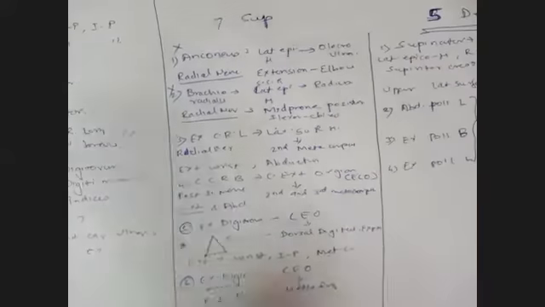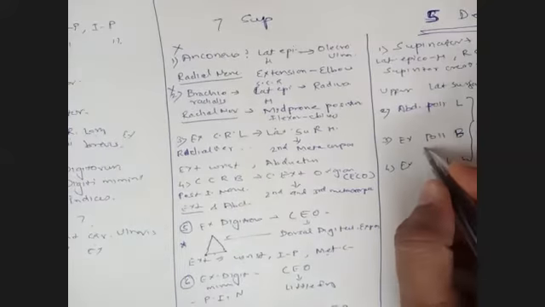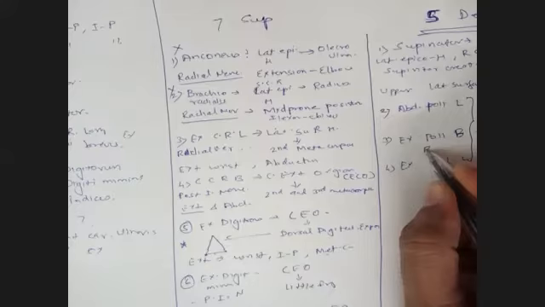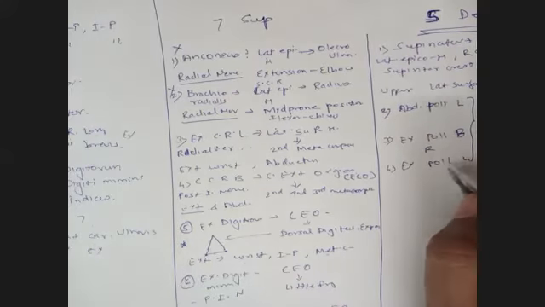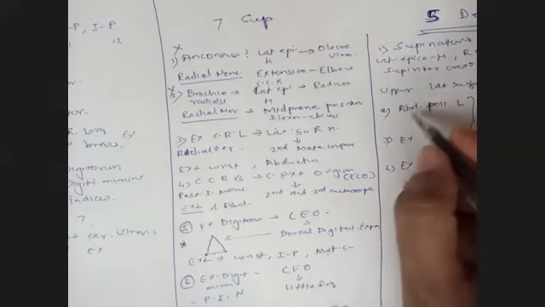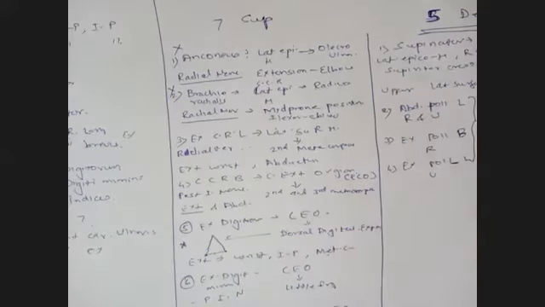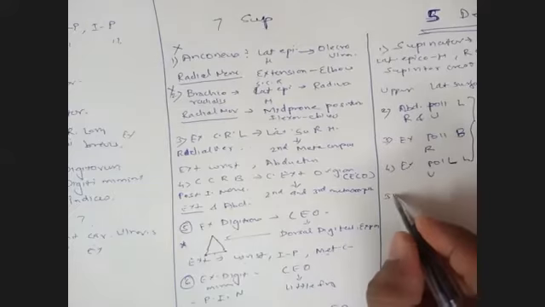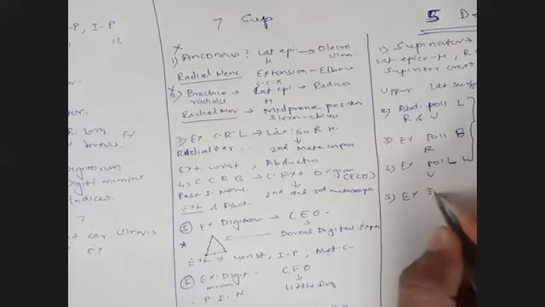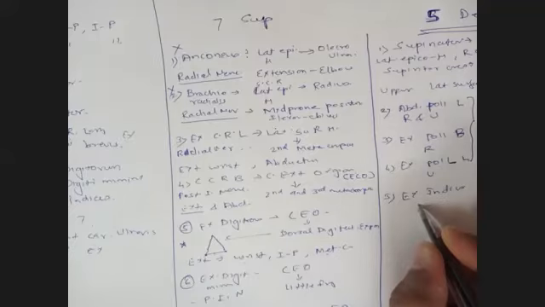Their insertion points are different. Of course, extensor pollicis brevis will be only from the posterior surface of radius, and extensor pollicis longus is from the posterior surface of ulna, and abductor is from both radius and ulna. And the fifth muscle, extensor indicis, is from the posterior surface of ulna.